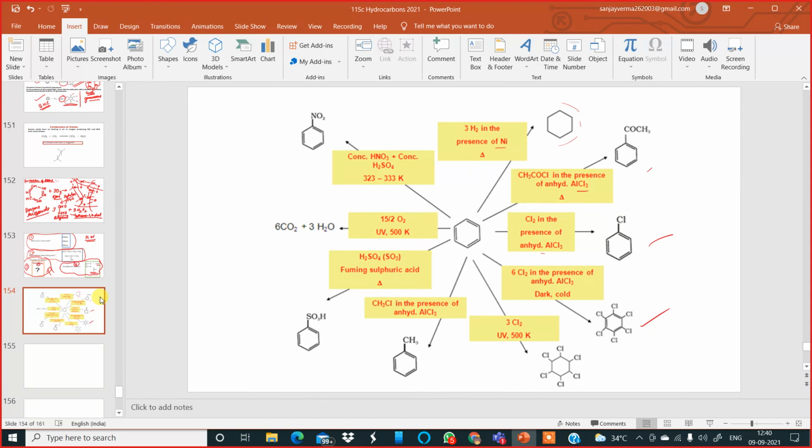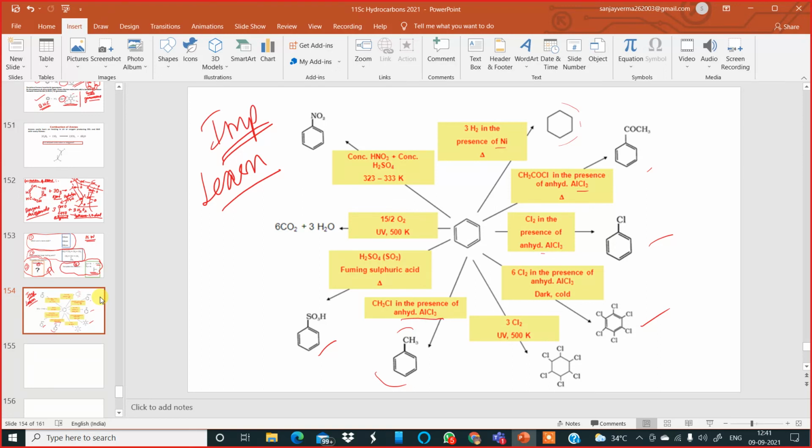With 3 chlorine molecules, it forms BHC, gammexane. With methyl chloride in presence of anhydrous aluminum chloride, it produces toluene, methyl benzene, then benzene sulfonic acid. So this will become a very important slide for you all to learn today for a happier tomorrow in organic chemistry. Learn this chart properly. This has been discussed already in the previous classes. One or two may be new. But